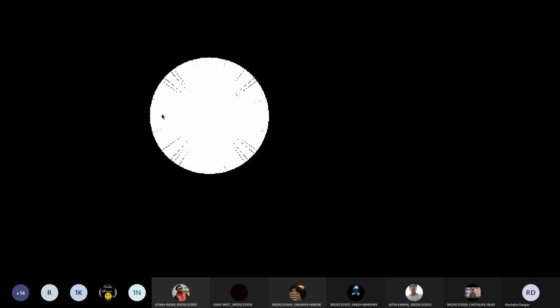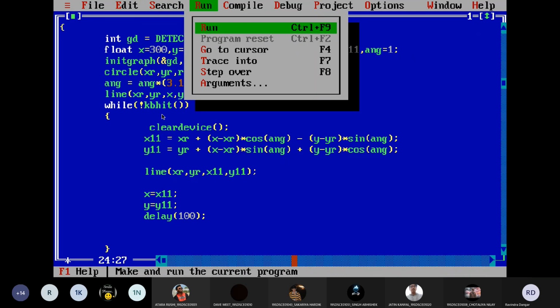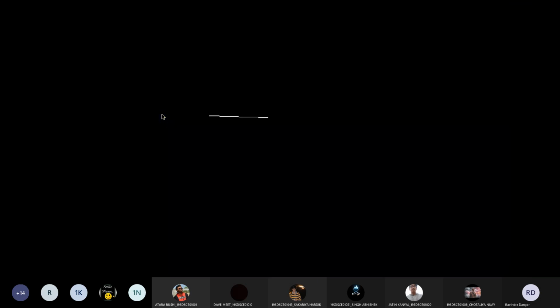And see, as we are not clearing the previous object and we are not using the delay function, we are not able to see it clearly. Now let me clear the previous object and let me put the delay as well. Delay of, let's say, 100. Mostly I will not be able to find the circle as well, because the circle is outside the loop. Yeah, you can see I'm getting the line only. The way I want this line to be rotated, I am getting it.